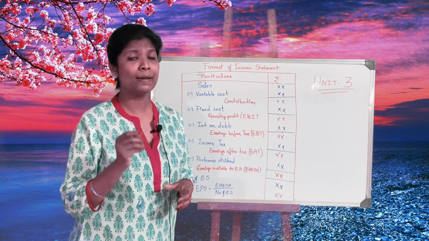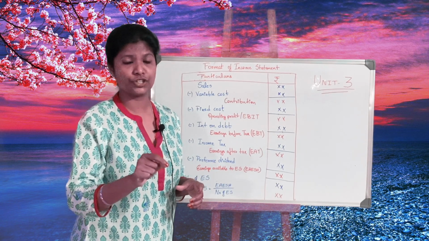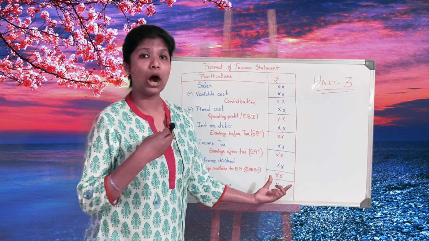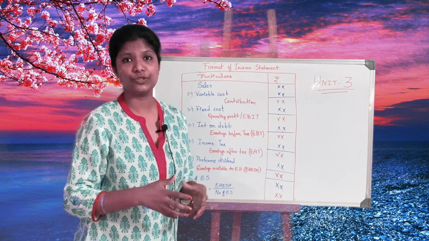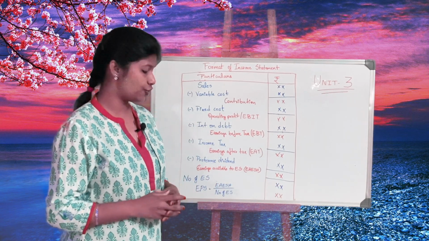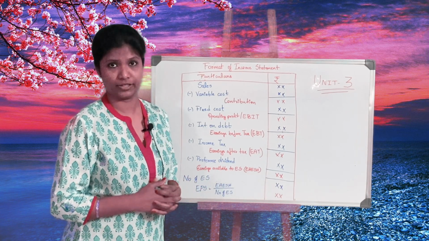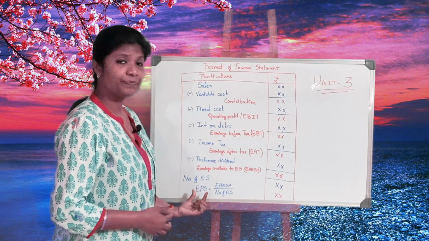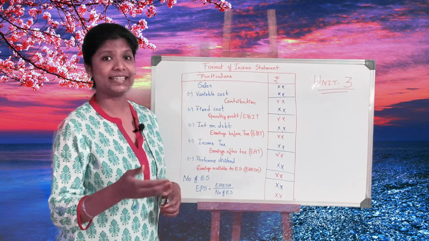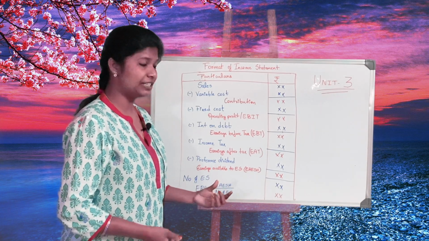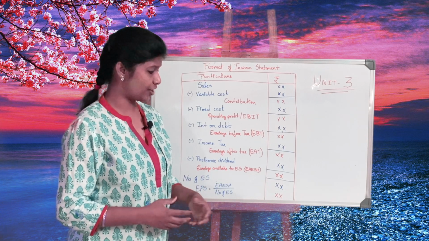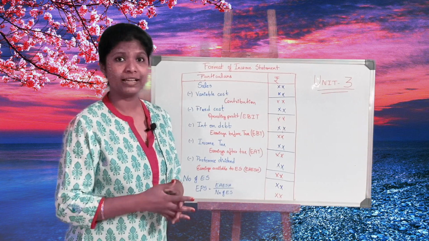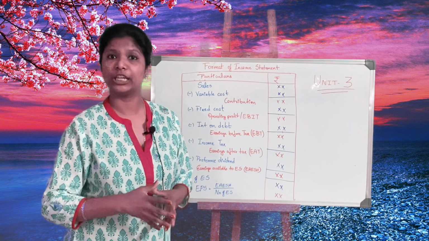I am not talking about how much each equity shareholder is going to earn per head; it's just a lump sum amount. So how do I know per head how much each person is going to get? Then I need the number of equity shareholders or number of equity shares. Depending on the number of equity shares, I can find out earnings per share, otherwise called EPS. Earnings divided by number of equity shares gives the amount per head to be paid as dividend to equity shareholders.